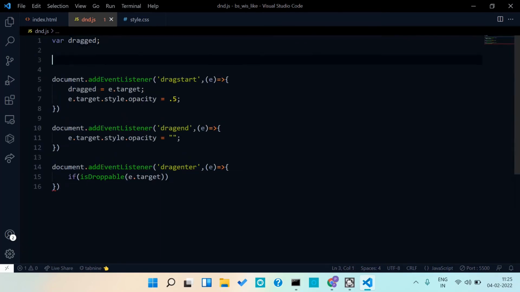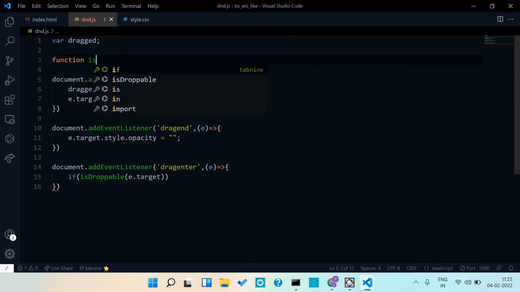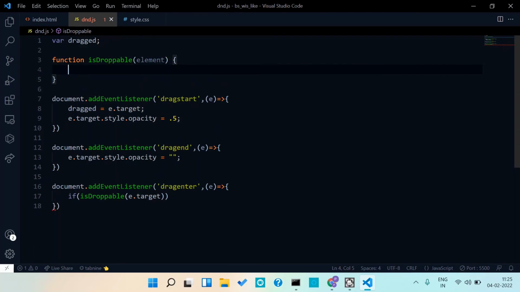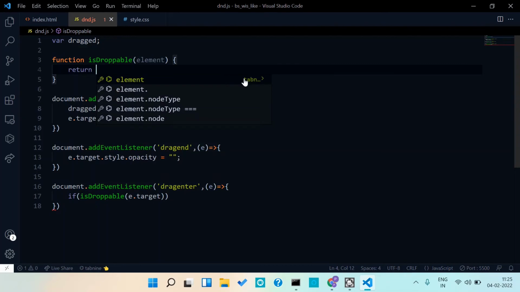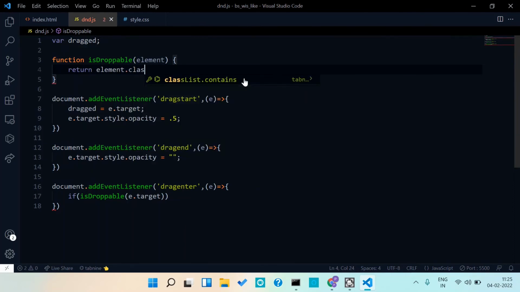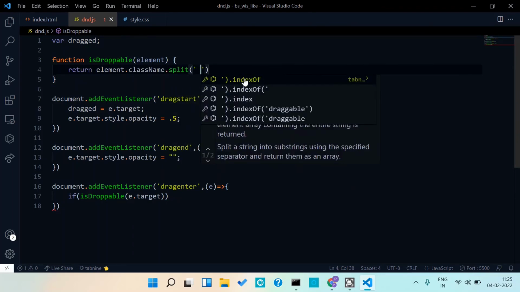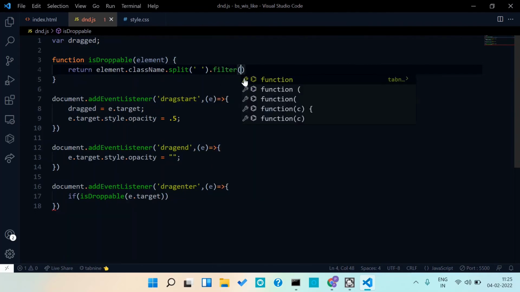Here, the function is droppable of element, and let us give some class to all of those droppables. So if that class is there in the class list, then we'll say that it is droppable. So if element dot class name dot split with space and dot filter,